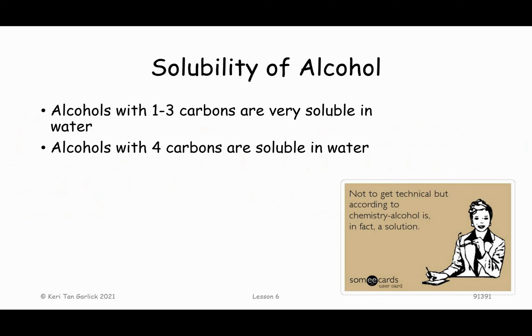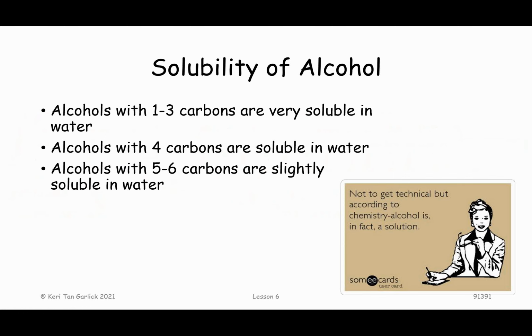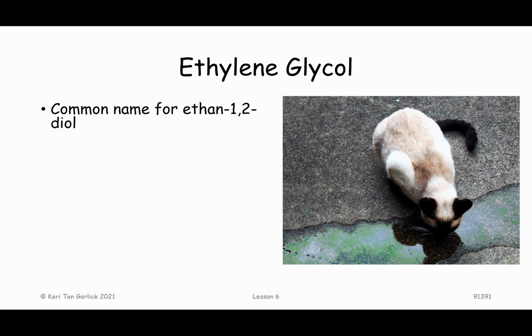So 1 to 3 carbons, soluble. 4, still kind of soluble, but not as soluble. Anything up to 5 is starting to lose that solubility, and anything past that point is no longer soluble. So just FYI. I also think it's important to point out some specific organic molecules,